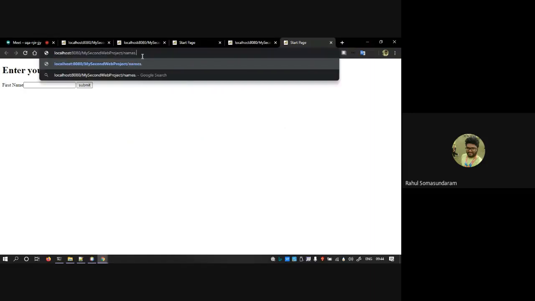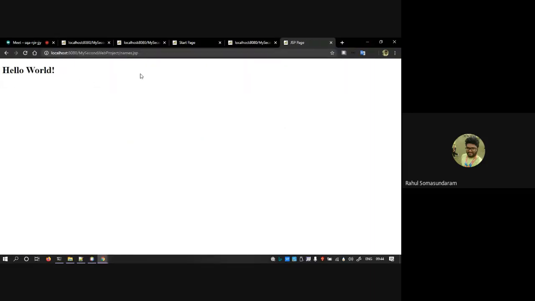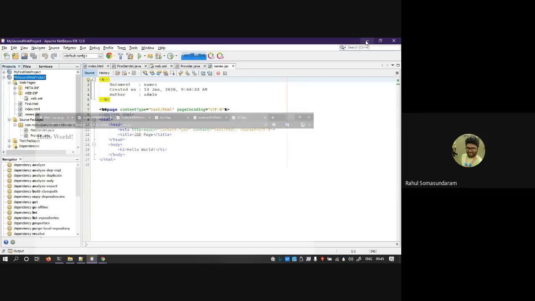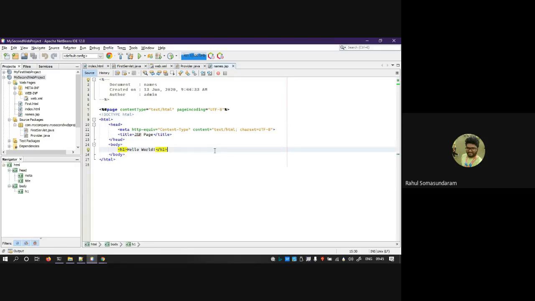I'm going with the names.jsp. As you can see here, the page is automatically printed. We have not done any servlet mappings, correct? So the advantage of this is that you can write the Java code in here, like